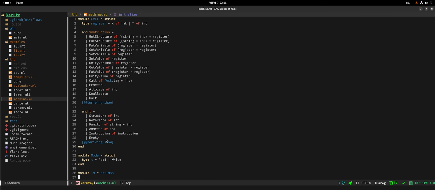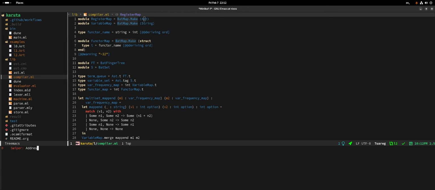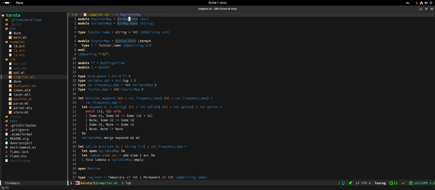An address is basically a raw pointer. A reference. Actually, I'm wondering, maybe we should only have addresses in the registers? No, I don't think that's how it works though. I think we have cells inside the computer after compilation that have references inside them. Yeah, so that's the thing. Do we have any address in here? No, we actually don't emit references explicitly.